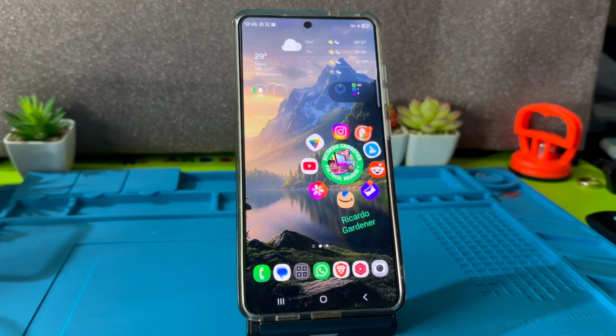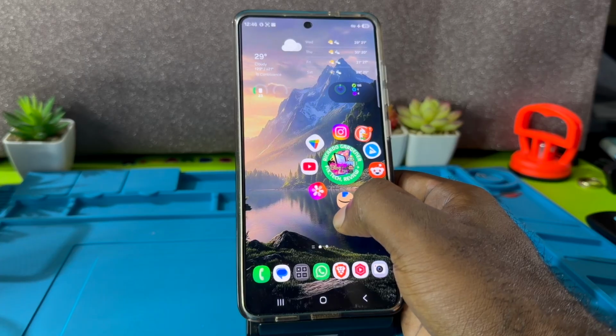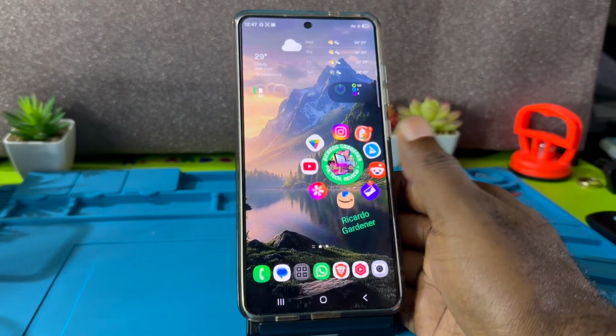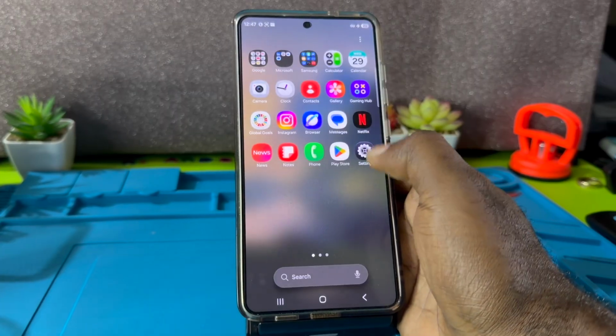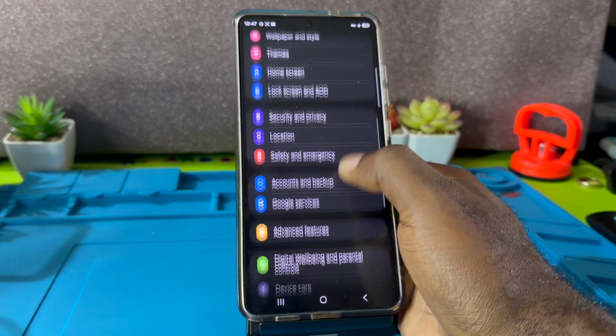In today's tutorial, I'm going to show you how to use your Galaxy Avatar feature. So of course, this tutorial assumes that you already have created a Galaxy Avatar. Let me quickly show you where to find the settings in case you have not created it. Go to Settings. Under Settings, go to